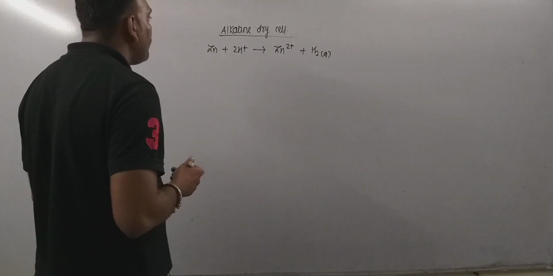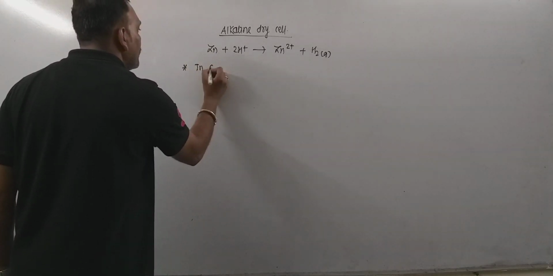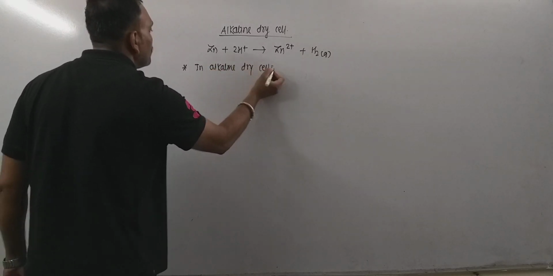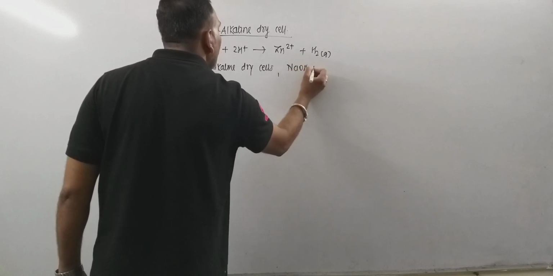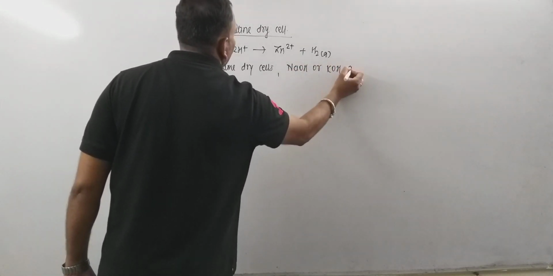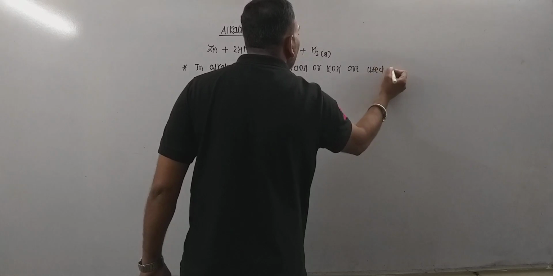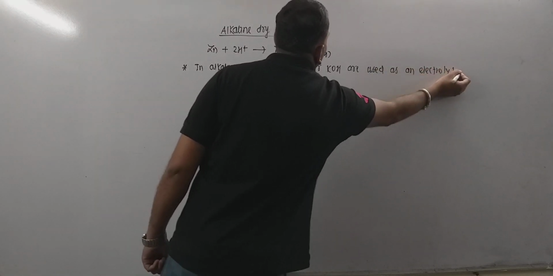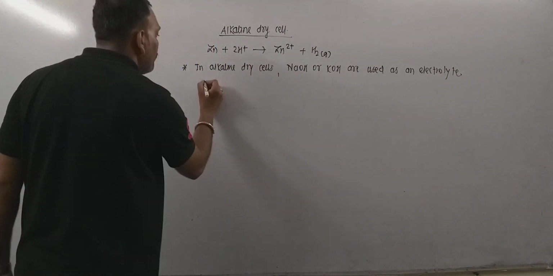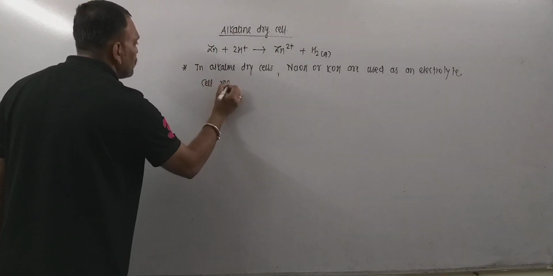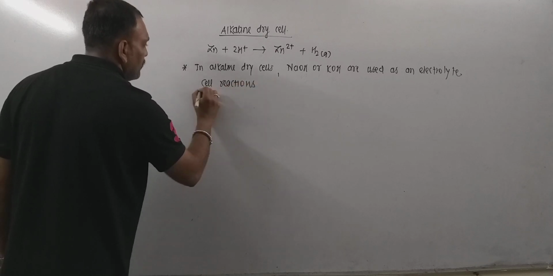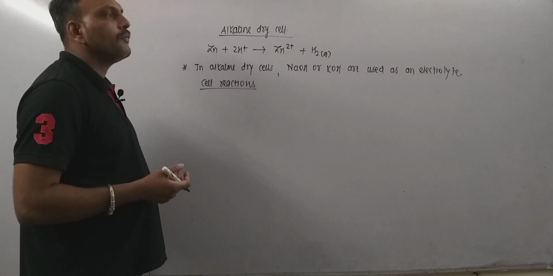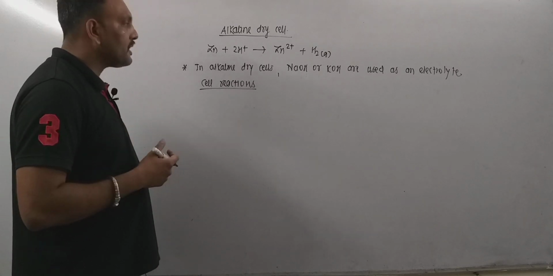Now in alkaline dry cells, NaOH or KOH is used as the electrolyte, and the working of this dry cell is the same as that of the Leclanche dry cell,